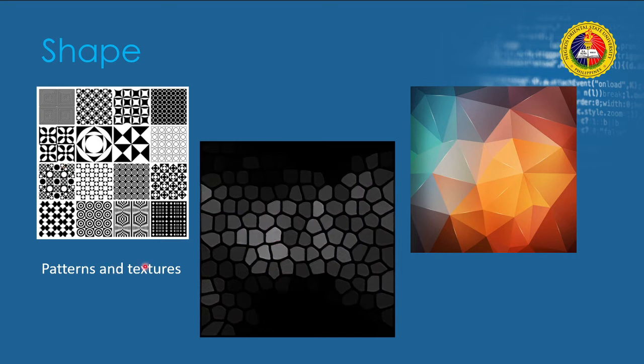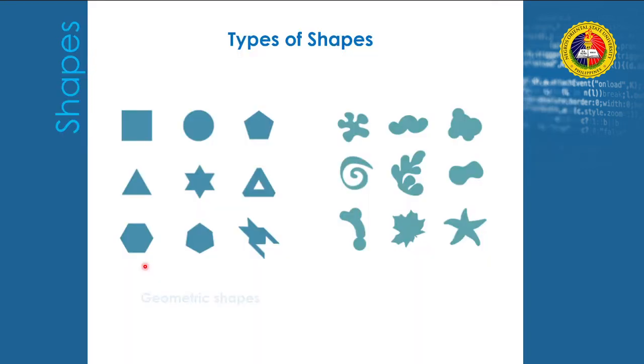So there are two types of shapes. We have geometric shapes and organic shapes. Geometric shapes are the shapes that can be drawn using a ruler or compass. Whether simple or complex, these shapes produce a feeling of control and order. So when we say geometric shapes, these are something that you can do on your own using measuring tools like